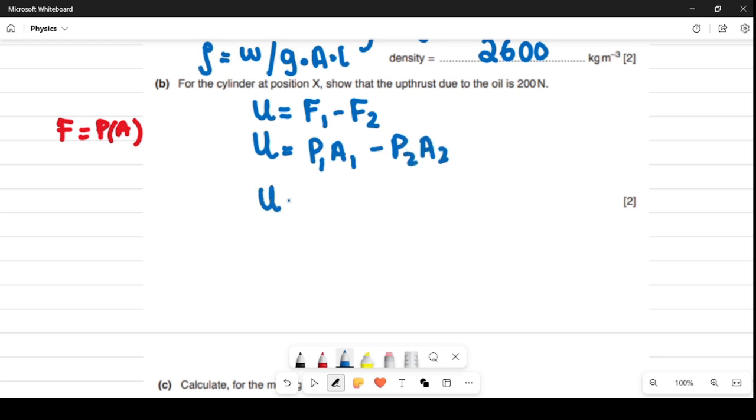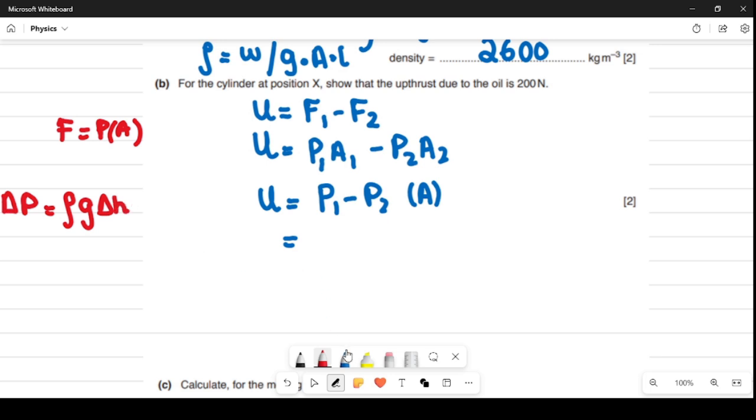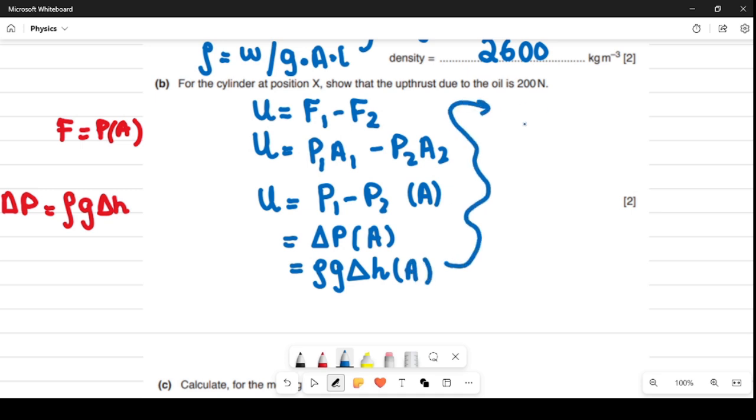We are dealing with the same area, so this becomes pressure 1 minus pressure 2 into the same area. Pressure can also be written as rho g delta h. So delta P into A is equal to rho g delta h into A. Now, plugging in the values, we have